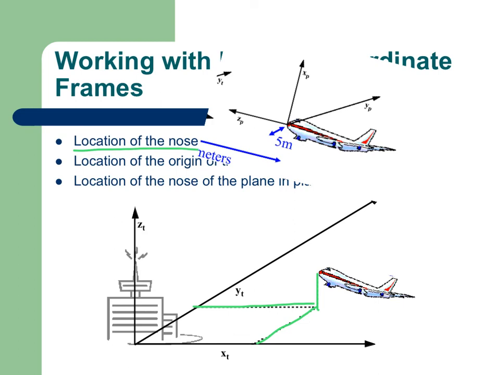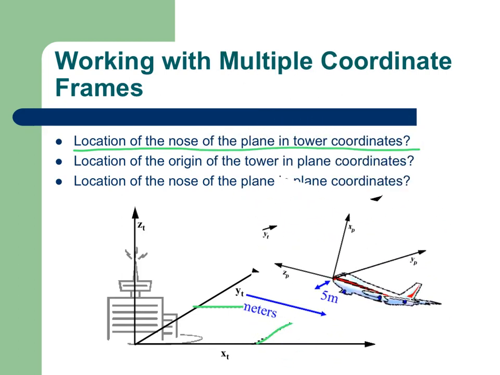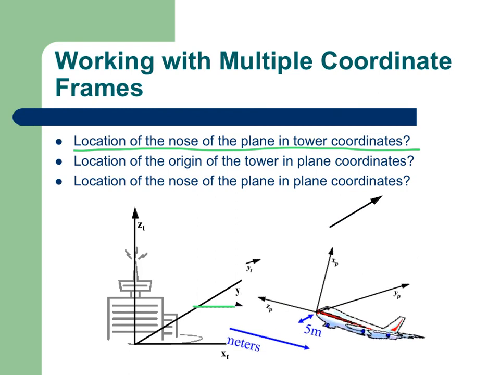The z-axis is tilted up a little bit. The y is still, assuming our plane is straight in and out, but if we're trying to figure out the location of the origin of the tower in plane coordinates, we now need